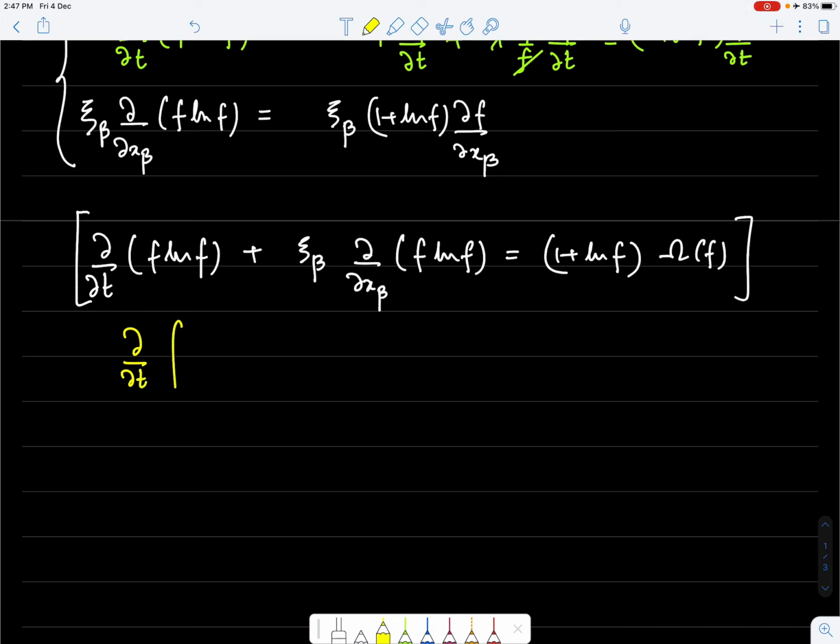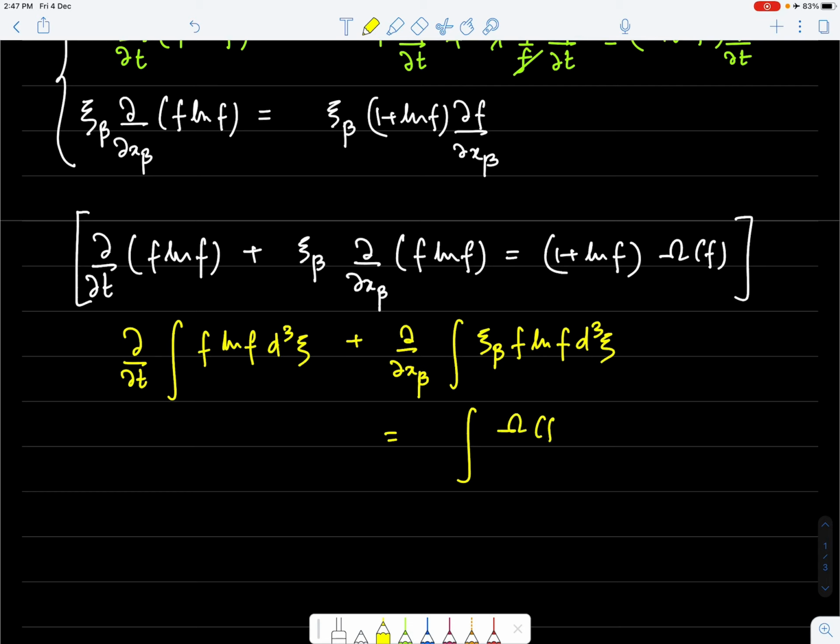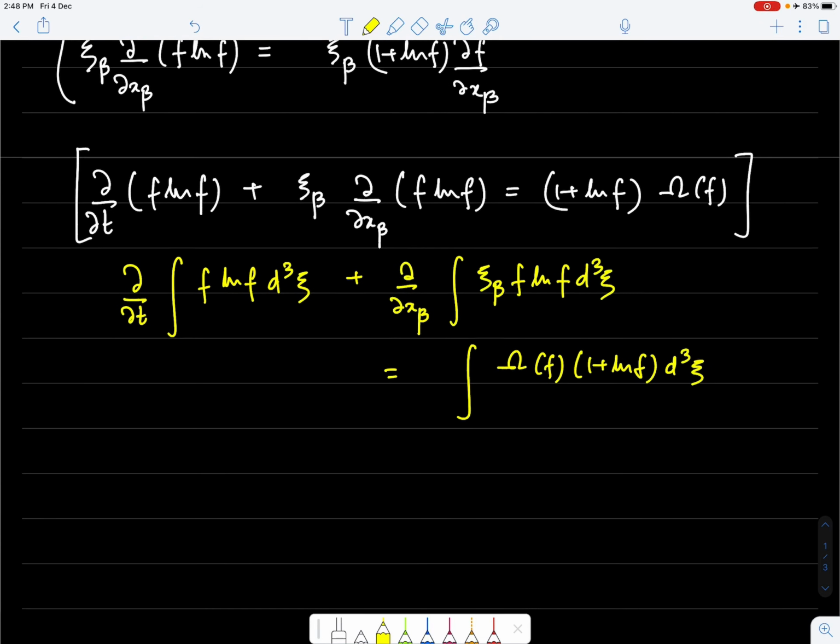So we can write d by dt of integral f log f d3 xi plus d by dx beta of integral xi beta f log f d3 xi is integral omega f (1 plus log f) d3 xi, and here notice that I have pulled out the d by dx beta because xi is essentially not a function of space. It's actually an independent variable in its own right, because we are writing f, if you recall,